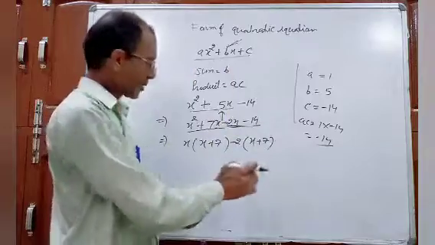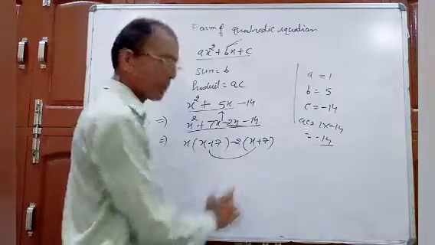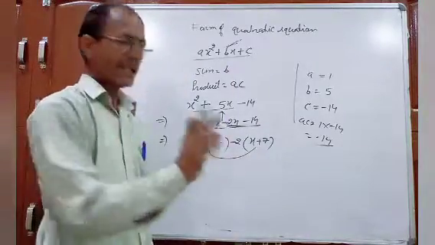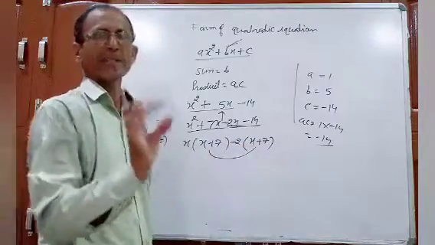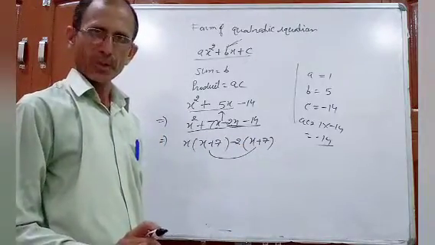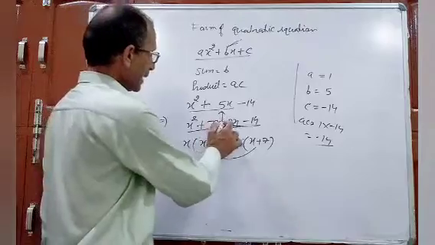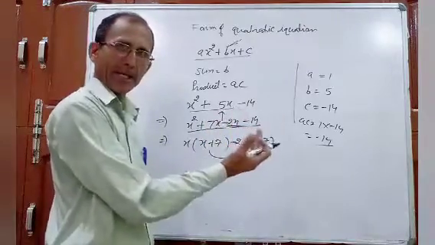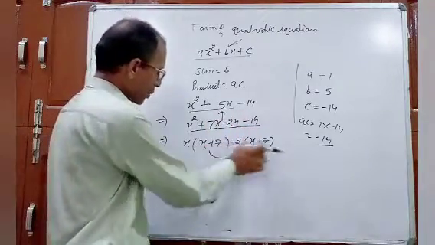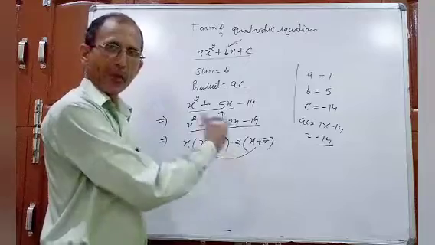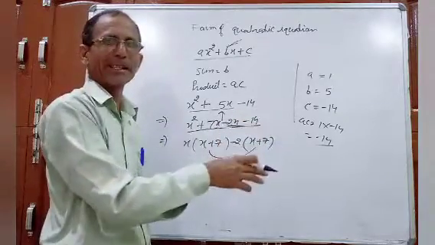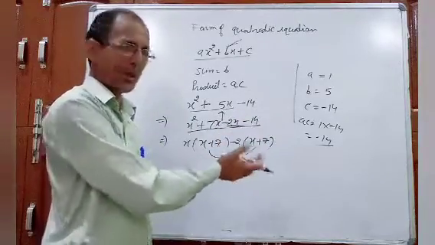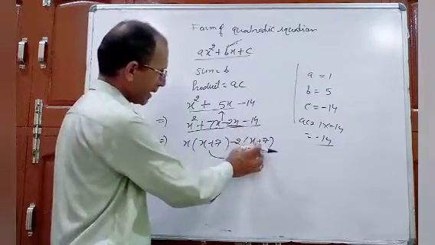Why am I taking minus 2 common? Because these both should be same. If these two are not same, then you have made a mistake. So keep this in your mind. If there is minus, you need to take minus common. These both should be same according to the rule. You will not simply write it. By taking common, we are getting this one. So this can be written like this also.